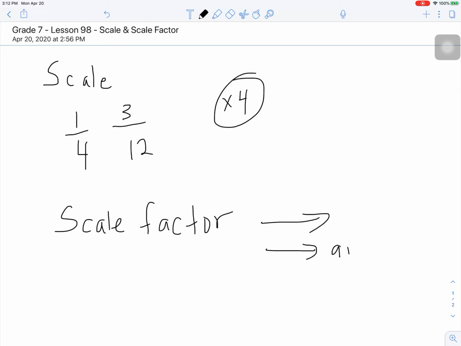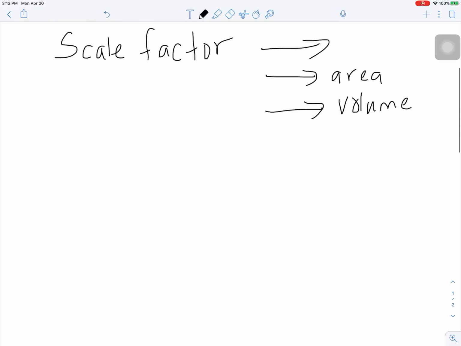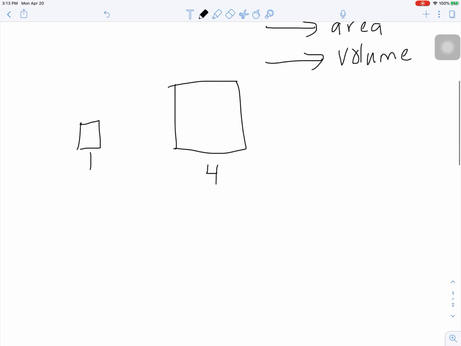So we're going to look at scale factor just in terms of what the scale factor is. We're going to look at it in terms of area, and we're going to look at it in terms of volume. Okay, so let's grab something very simple to start off with. If I have a square and it's 1, right, and we go to a square that is 4,